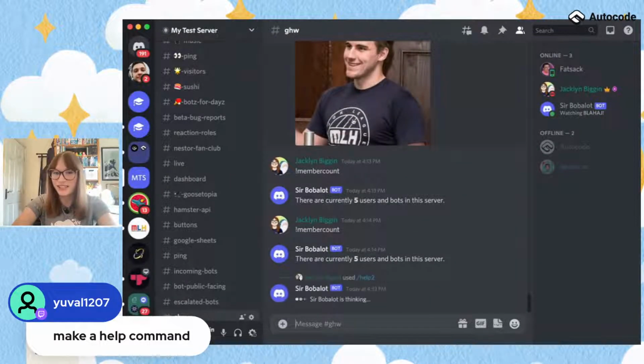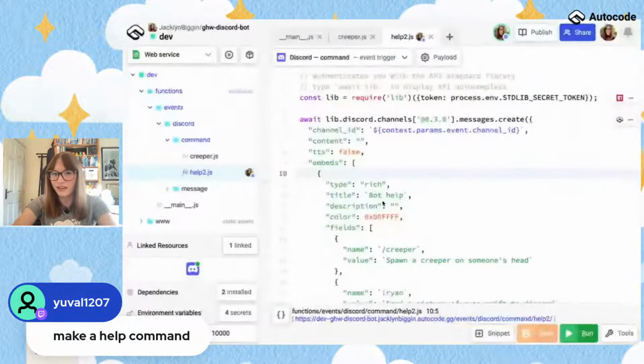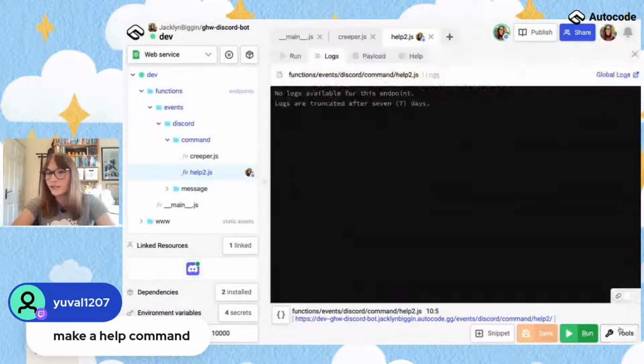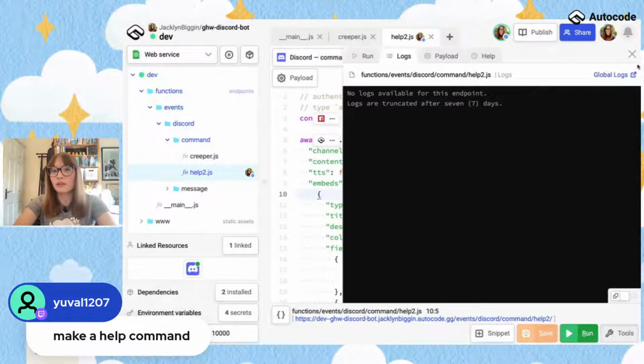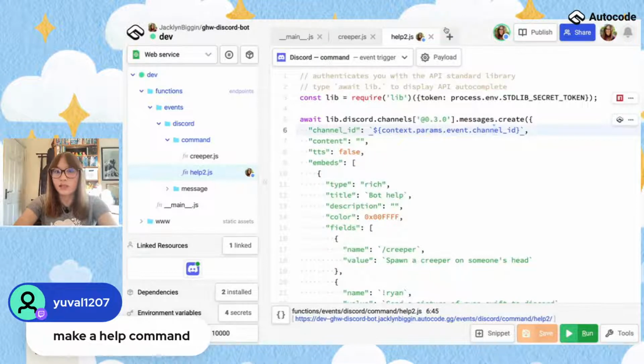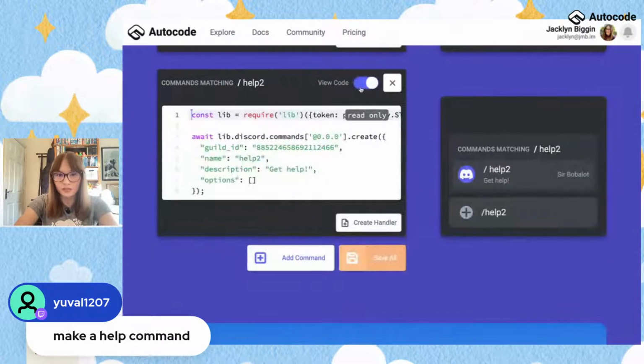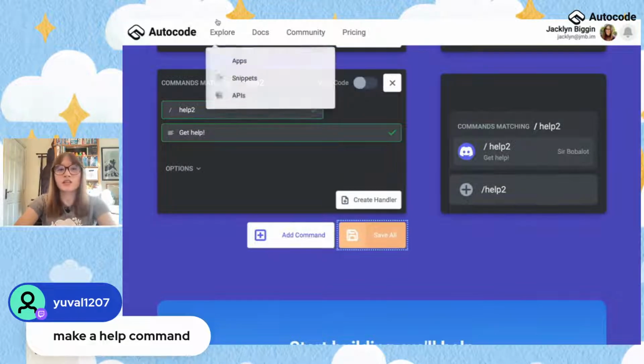Hopefully it's gonna work. It's gonna send the command, it's gonna think, and well, something didn't quite work there. Well, let's see if I can work out why. So let's debug. If I hit help, it looks like this was never called. Okay, well that's a worry. So let's refresh and just make sure everything's updated. And let's also just view this code here. This looks fine. This looks like it should work.